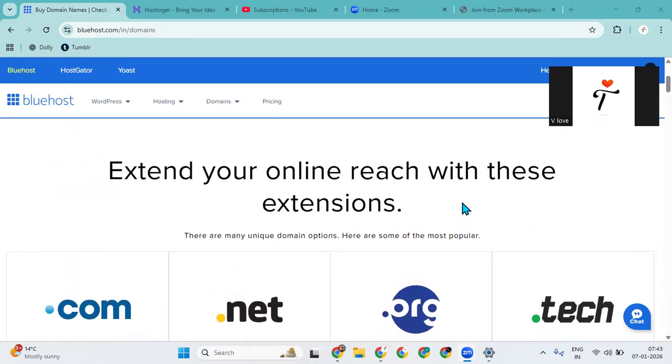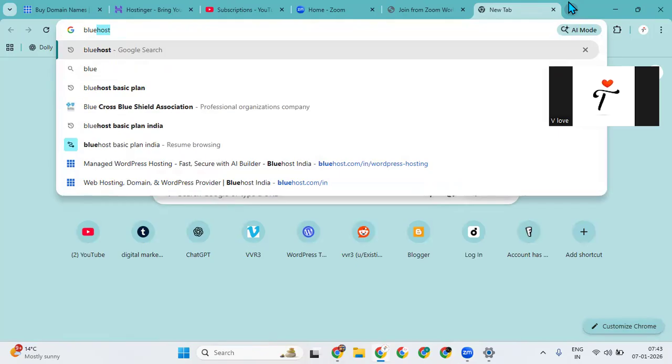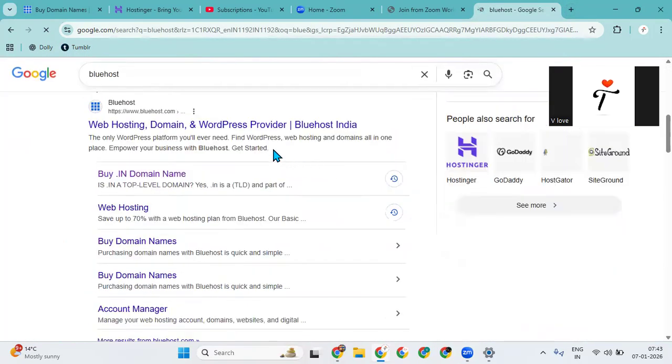As I said, many platforms are available, but Bluehost is very good. It gives good customer service support. If we face any problems, they have a good customer service number. Just open Bluehost in your Chrome browser. You can see Bluehost. Just select the